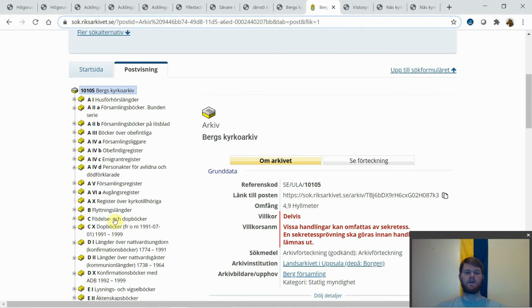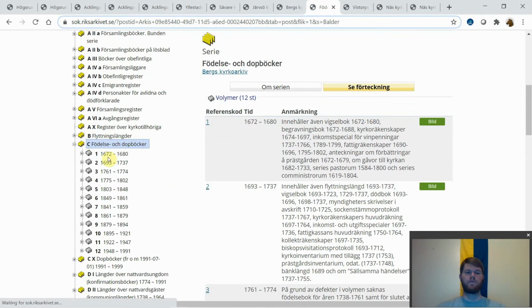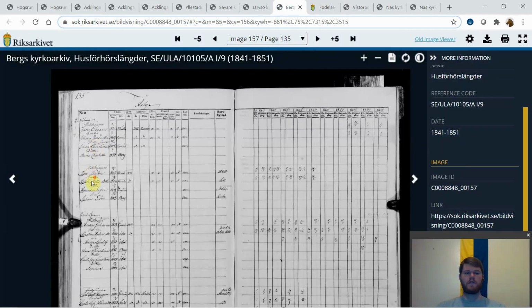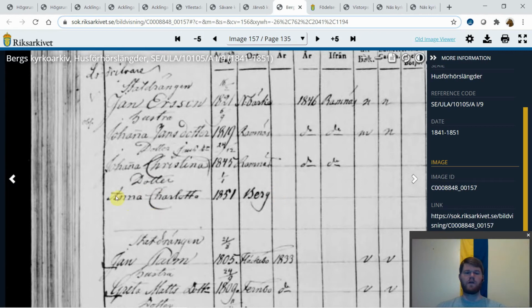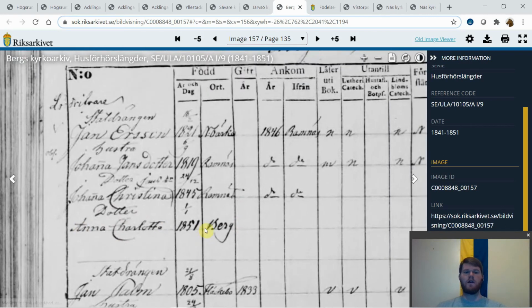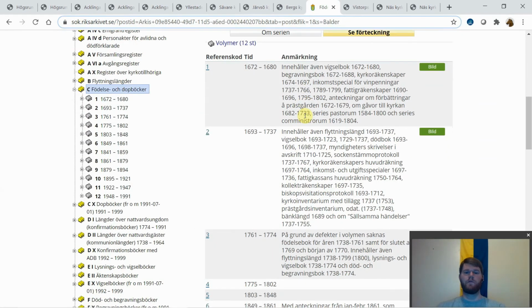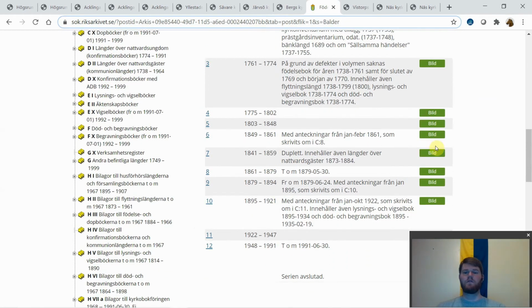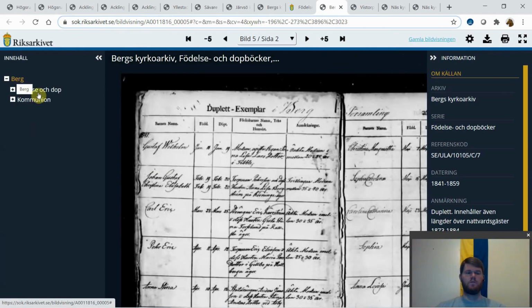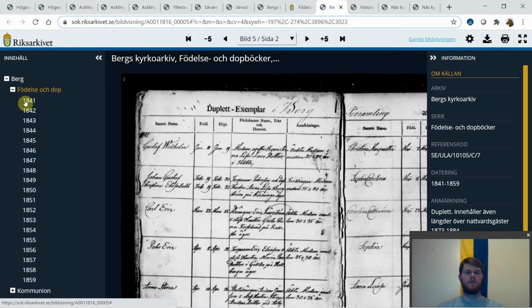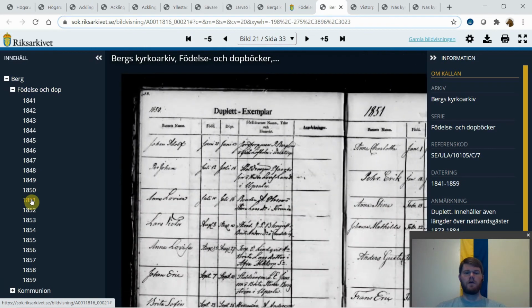Once you've found the correct parish that you're looking for, then just like with other records, you navigate on the side here to find the correct book. So we're looking for births, and this individual is the one we'll be looking for, Anna Charlotta, born in 1851. So we want to go to the book that covers 1851, which is this one right here, and we can pull up on the side, births, 1851,